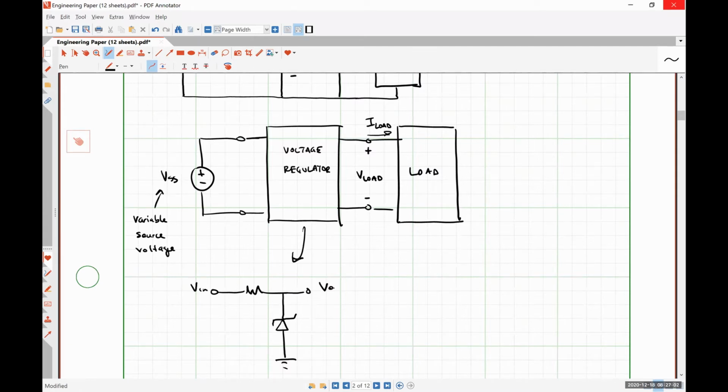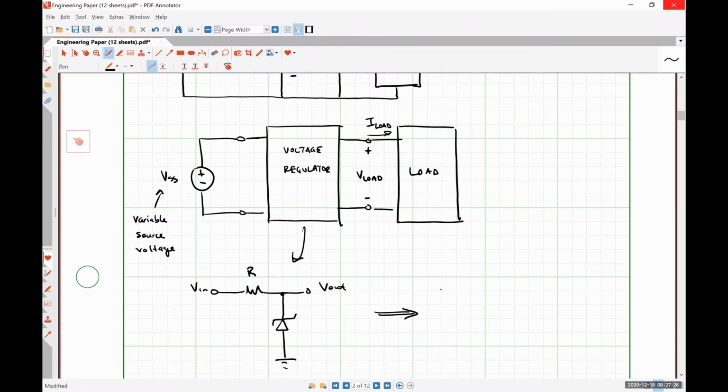Here's V in, and here is V out. All right. So it's just a simple, almost effectively a voltage divider circuit from a small signal standpoint, right? From the small signal where we're trying to get rid of our ripple,